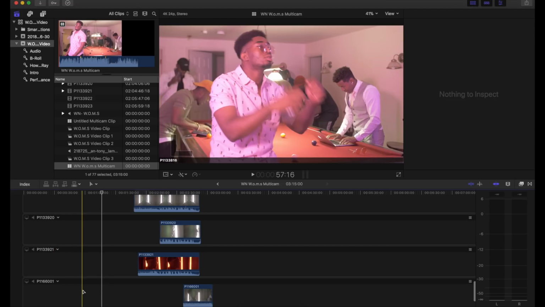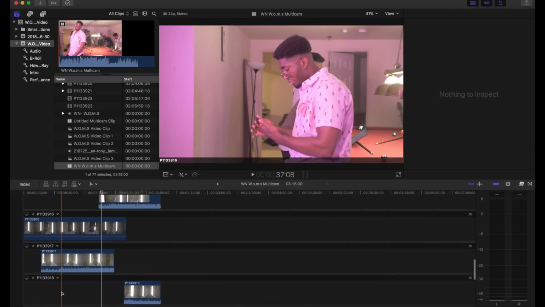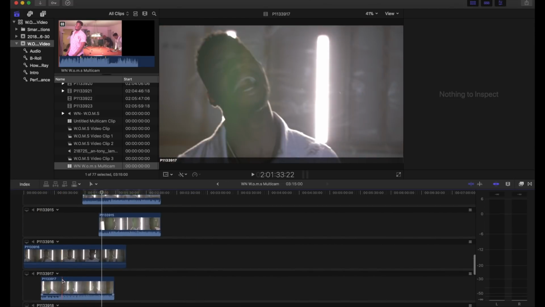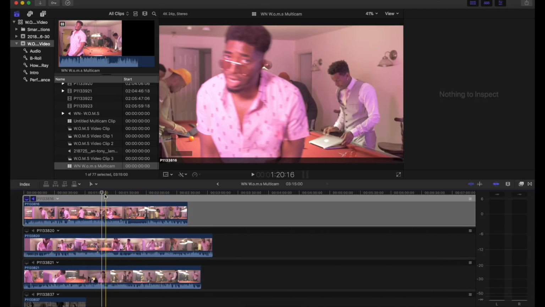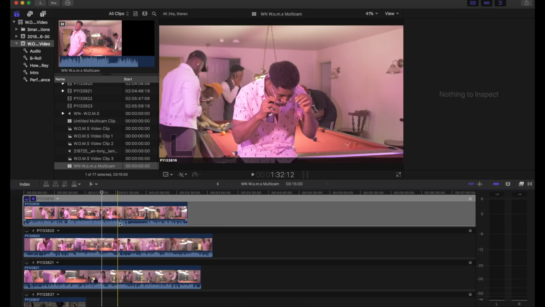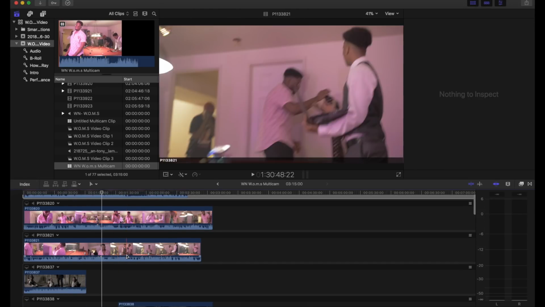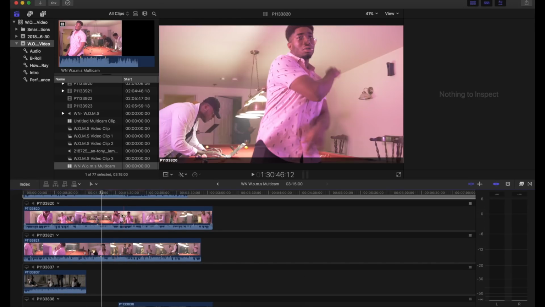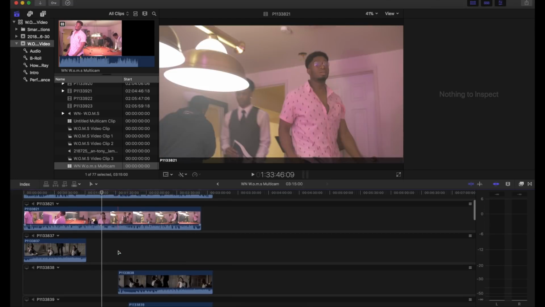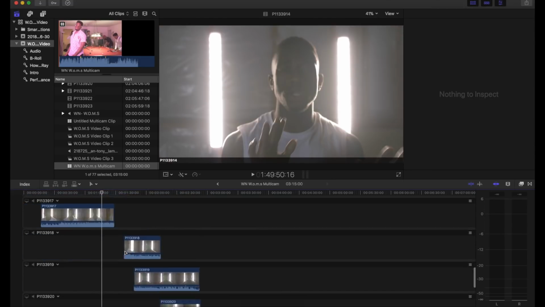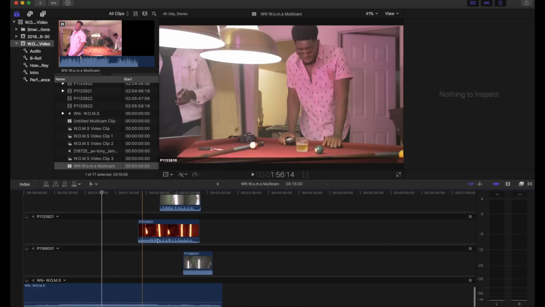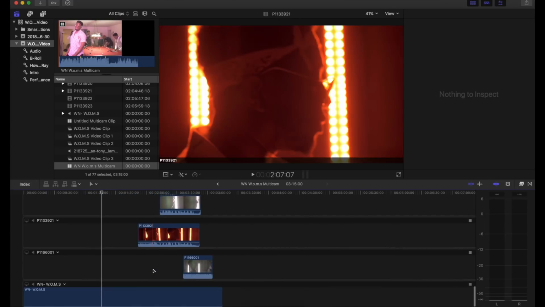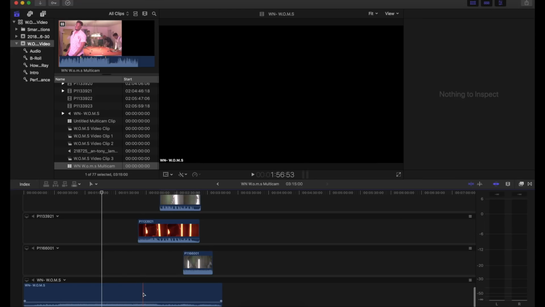So we have all these different angles, right? You want to call them angles. So you've got your scenes here. What Final Cut tried to do when it said synchronizing angles was match up all these audio waves, the speaker that was playing and when the artist was singing. They're trying to match up all those little audio waves to this mastered version, which is what we want to accomplish. We want every single one of these clips to match up perfectly with this audio wave here, which is the mastered version of the song.